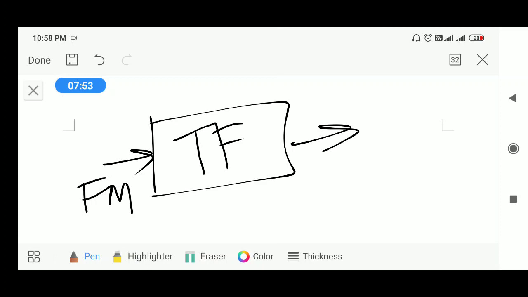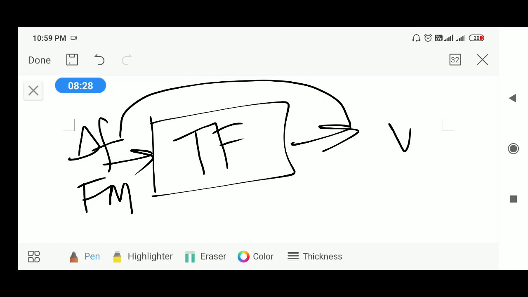The reason is, when the input frequency is more than the center frequency, the amplitude becomes some value. When the input frequency is less than the center frequency, some output will be generated. When the input frequency is the same as the center frequency, the output becomes 0, because we use a center tapped transformer there. So here the purpose of the transformer is to convert FM frequency deviation variations, or frequency variations, into amplitude variations. So that is the purpose of the transformer.